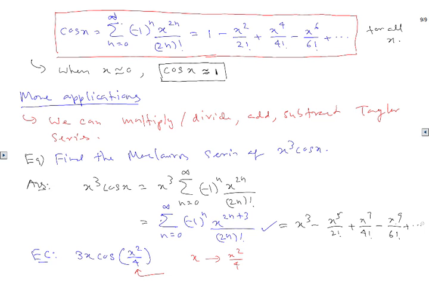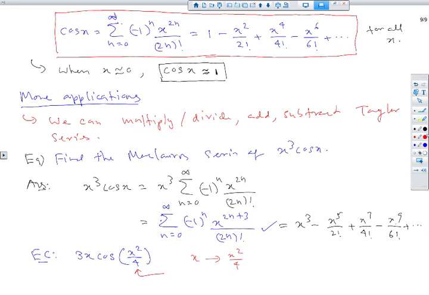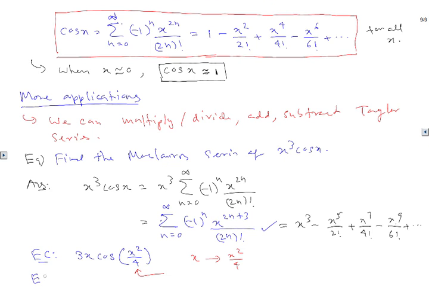So, and how about this one? I'm going to give you another problem like this. So this also you can try. Let's say you want to find sine x times cosine of x squared over 3. So now what we are going to do in this case, you're going to substitute for both series,